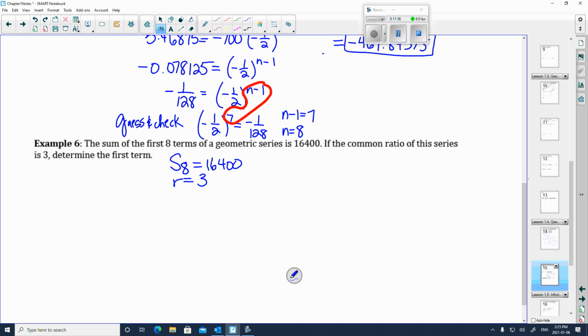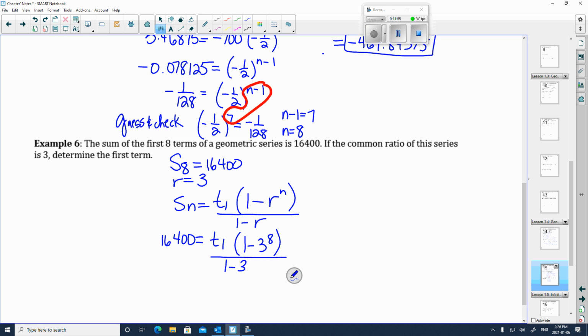So if we plug it into the formula, Sn equals term 1 times 1 minus r to the power n, divided by 1 minus r, we get 16,400 equals term 1 times 1 minus 3 to the power 8, divided by 1 minus 3. I simplify, and I get 16,400 equals term 1 times negative 6560 divided by negative 2. So if we divide that amount out, we get that term 1 is